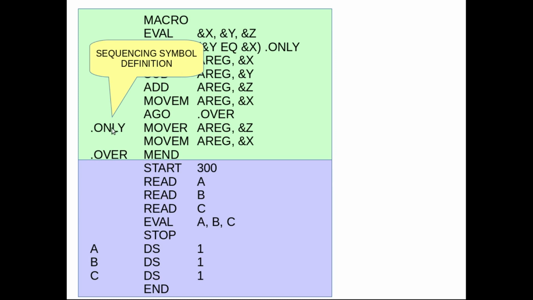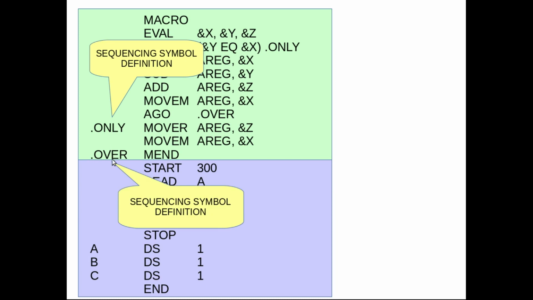This is one of the sequencing symbols and this is the second one. So in this macro we have two sequencing symbols, and see how we define them. We define the sequencing symbols by putting them in the label field. I think you already know that the first column is the label column.